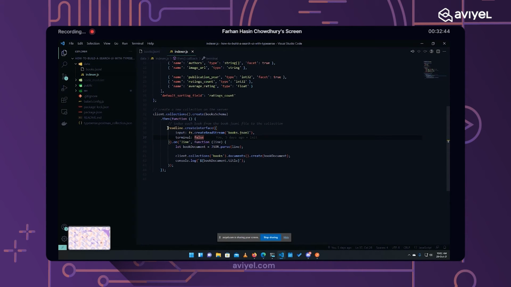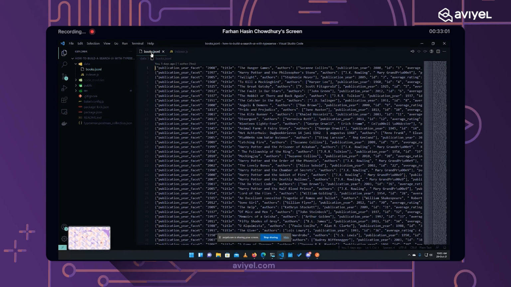After we have created an interface, we will call on, and within this on call, we will have another callback function. Within this callback function, we will have each line from this books.jsonl file.